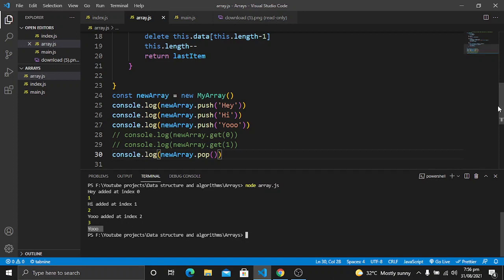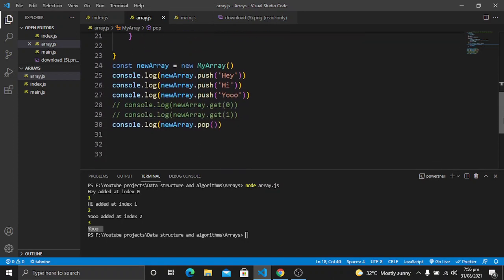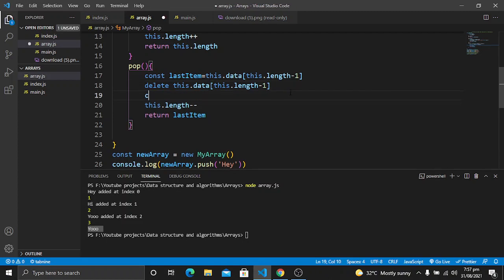So you can also console.log here that this item has been removed at this index. Similarly to what we have used here with console.log, we are clearly seeing that this item has been removed from here. Now, if you want to console.log it, you can clearly do it here.